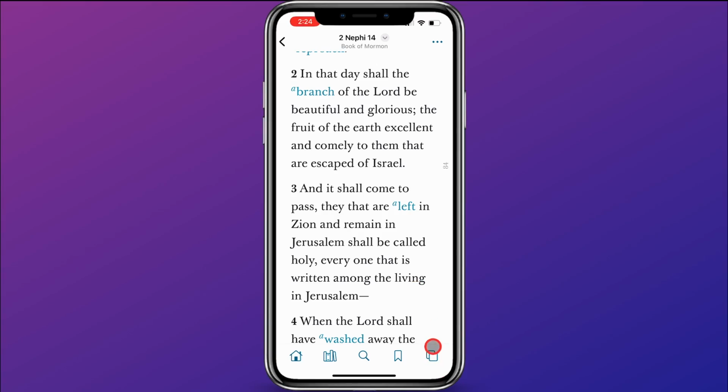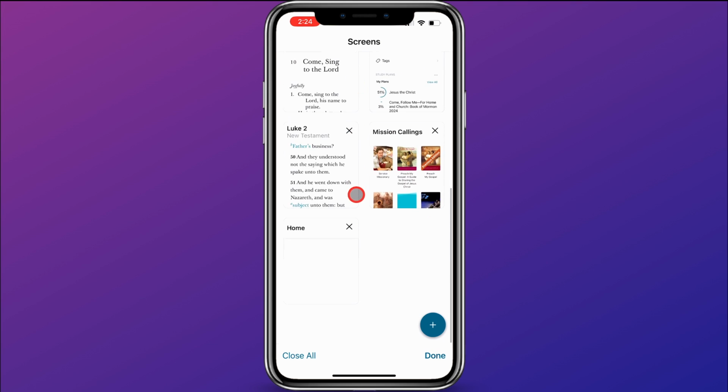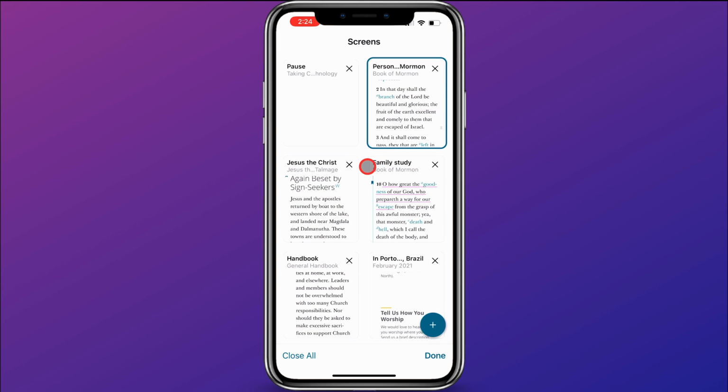So the screens show up down here in the bottom right corner. You can go ahead and click on those, and you can see it has different screens open that I have opened here in the app. I tend to have a lot of screens open, and so it gets a little confusing as to where I'm at. So that's why I have also renamed some of my screens. This one is for Personal Book of Mormon study, and this one's for Jesus the Christ, and this is for family study. Having renamed those makes it really easy for me to find where it is I want to read